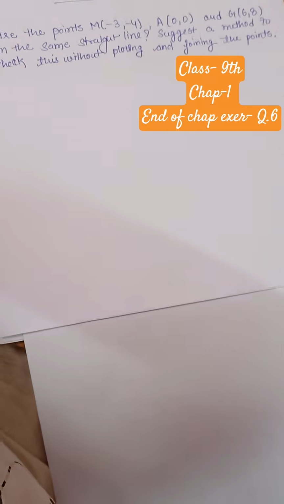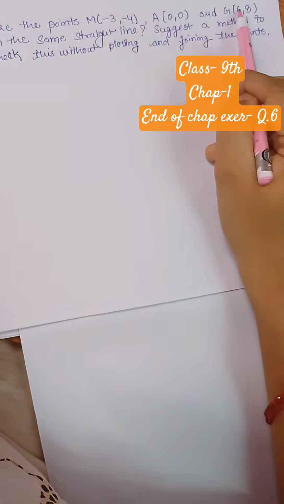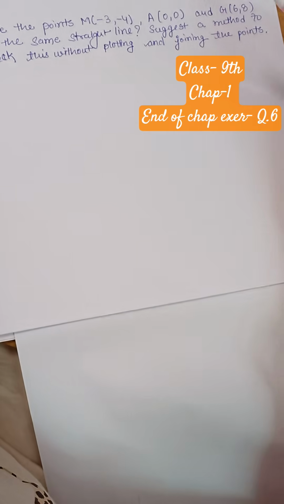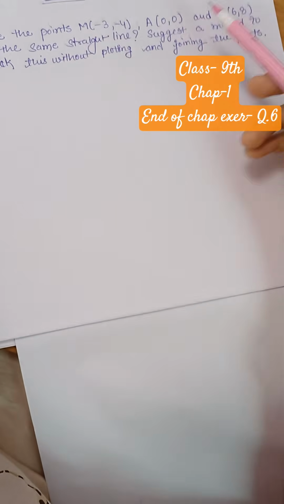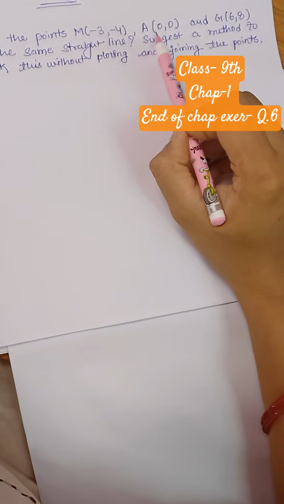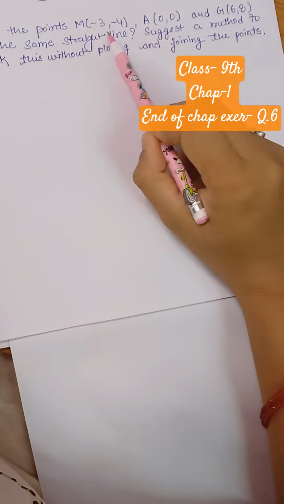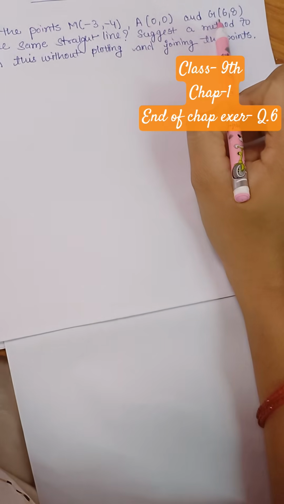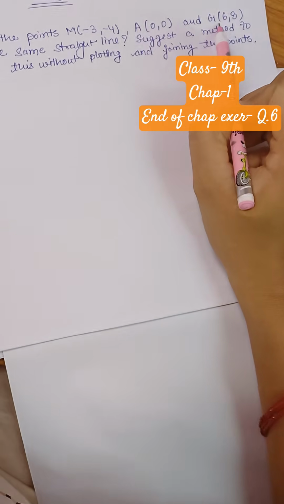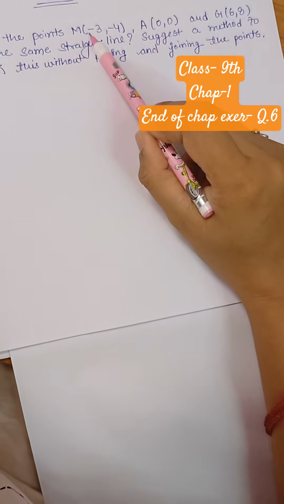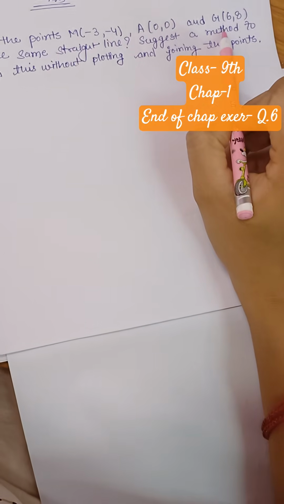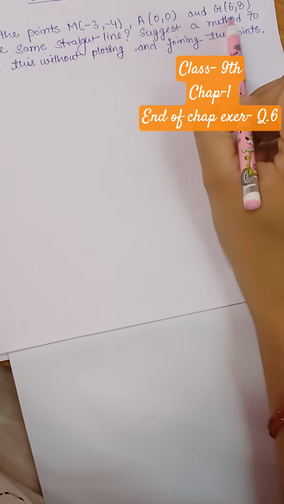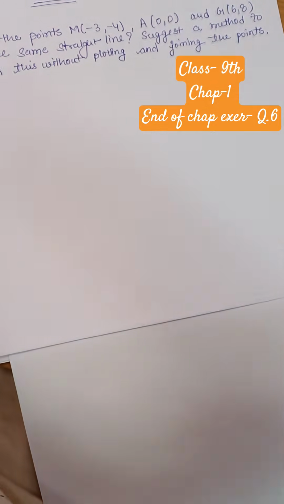So the question here is asked, we are given the 3 points and we have to prove that these three points are on a straight line, and we can also say that when 3 points lie on a straight line, this property is known as collinear. So the question may also ask like this, the 3 points are given, check whether these 3 points are collinear, or it may also be asked as 3 points are given to you, check whether these 3 points lie on a straight line or not.